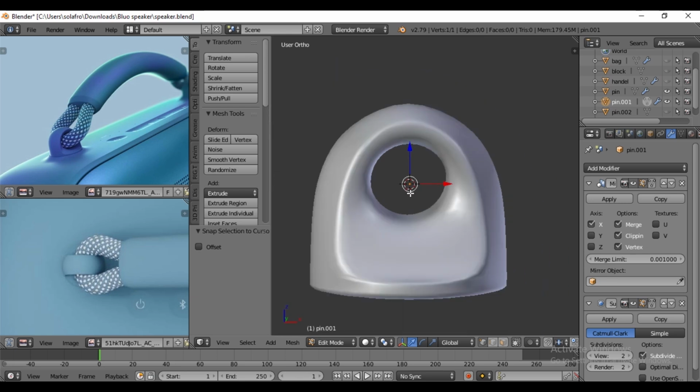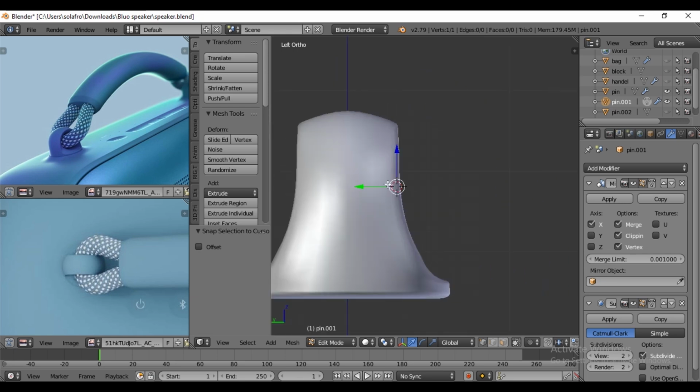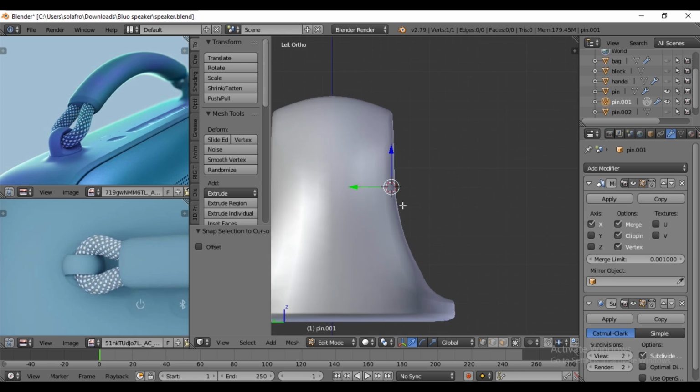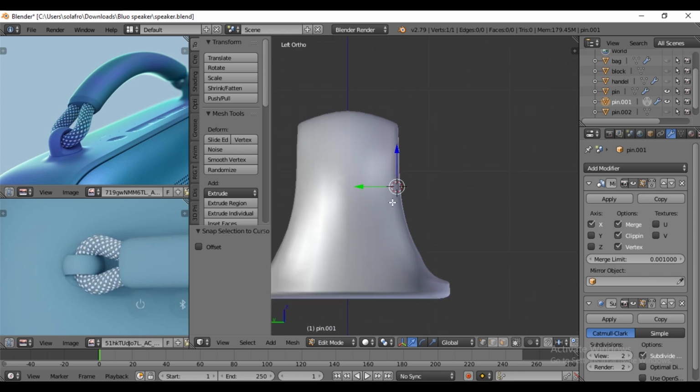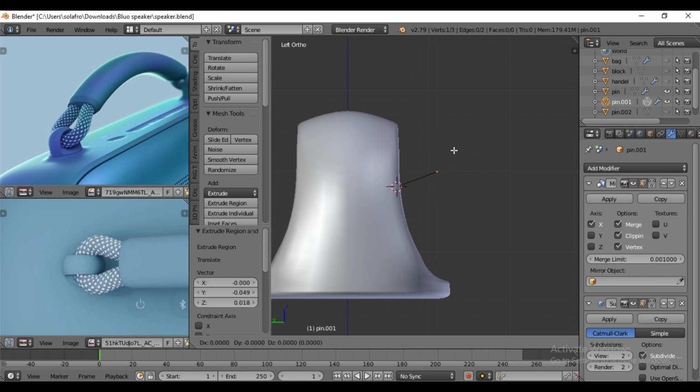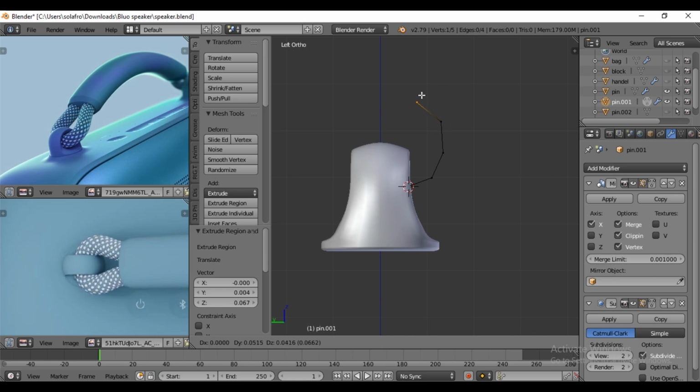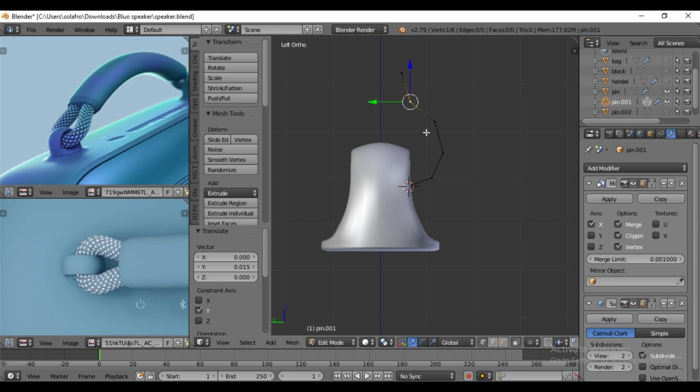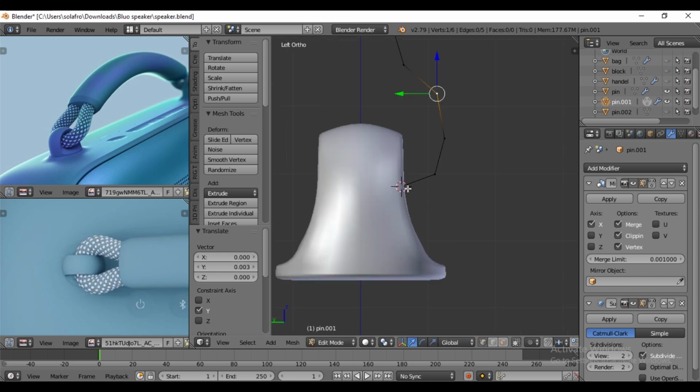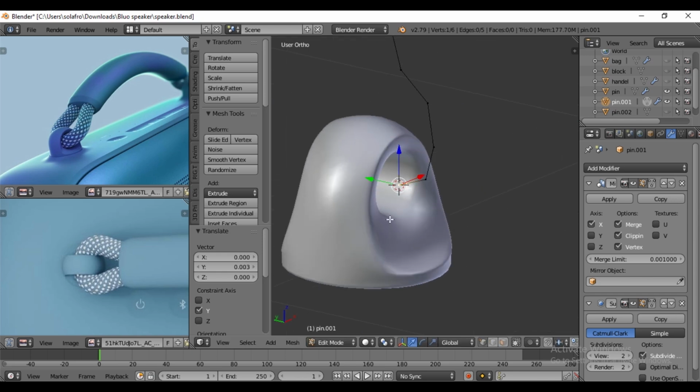By pressing Ctrl 3, turn to the side view. Then by pressing E, extrude the vertex in a rope shape. Make it simple for the beginning. By pressing E, extrude in the Y-axis.